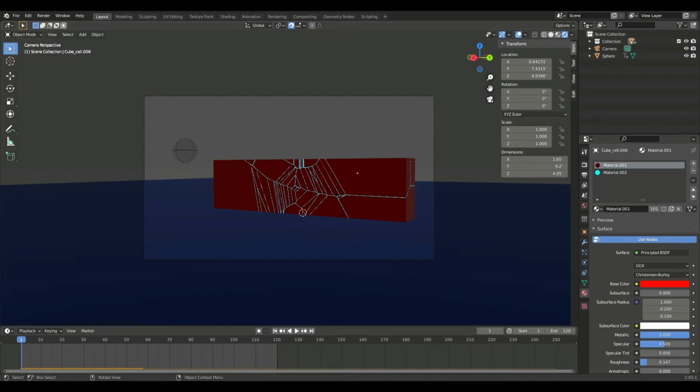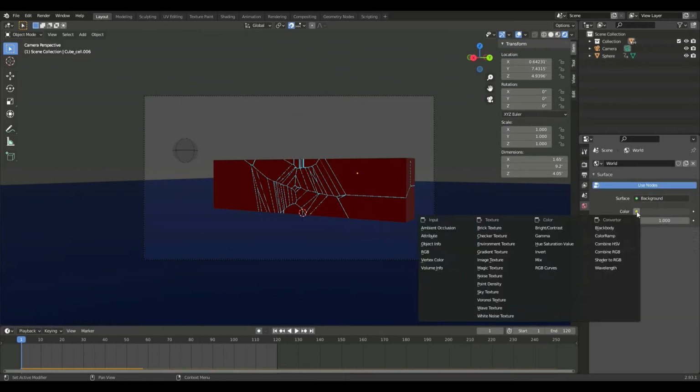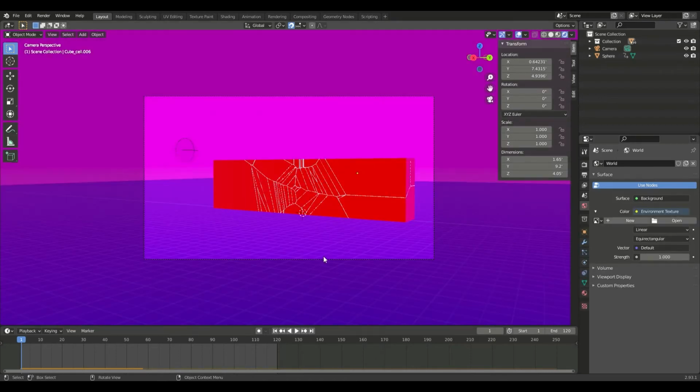So what we're going to do is go and add in an HDRI. So we're going to click on the world options here, and we're going to click on this button, and we're going to go to environment texture. It's going to make everything pink. Don't think it's funny.